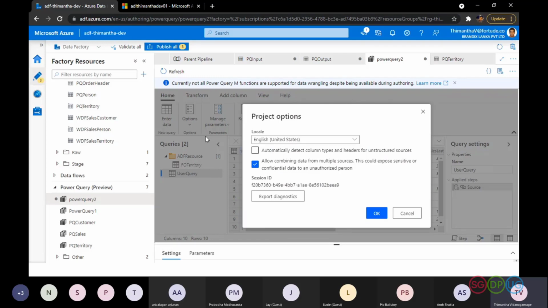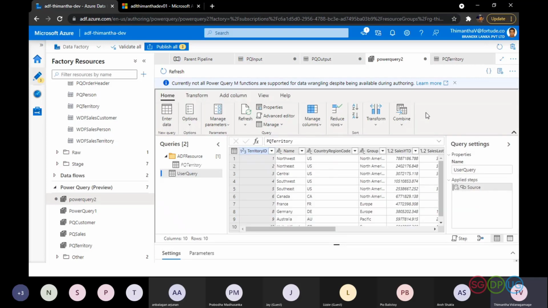Some of them allow combining data from multiple sources, and just an export diagnosis for any performance related issues or stuff like that. So that's just some of the options that you see here. And also with comparison to Power BI, there are some differences in terms of the view,